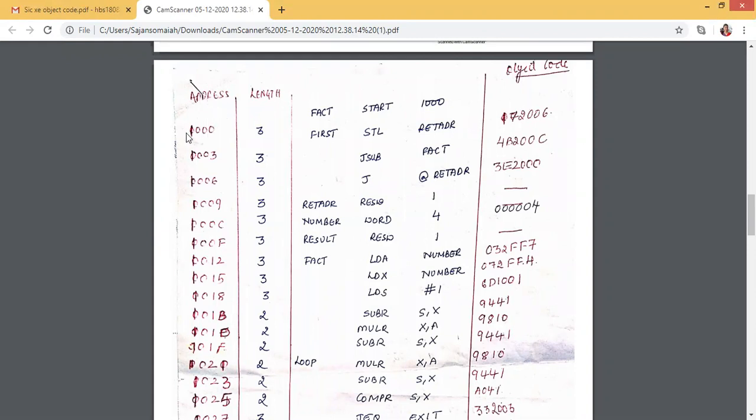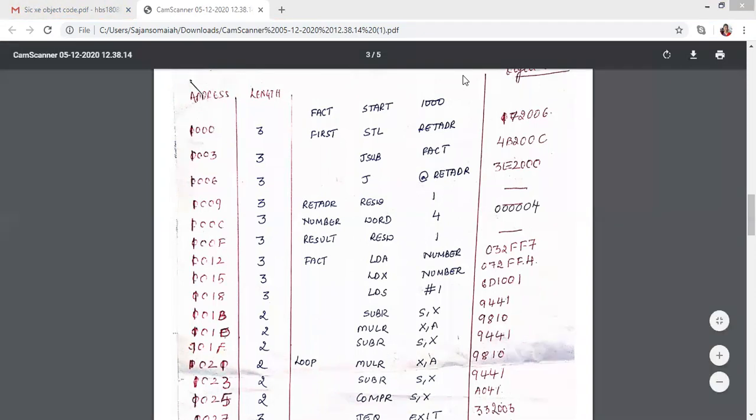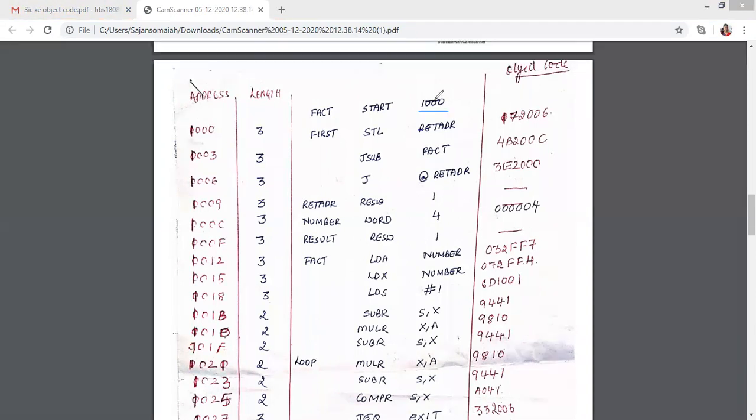Okay. How do we start with the address? Address will always be mentioned where? It will be mentioned here, START. So we have 1000 as a starting address, so 1000 is to be written. Now this 1000 should be added to 3 here, which gives you 1003. Similarly, this should be added to 3 here, which gives you 1006. And all these are in the form of hexadecimal. You have to set your calculator in hexadecimal mode, and then you have to find it.